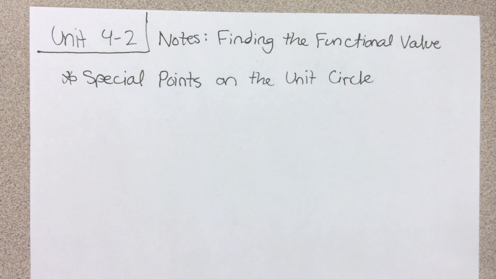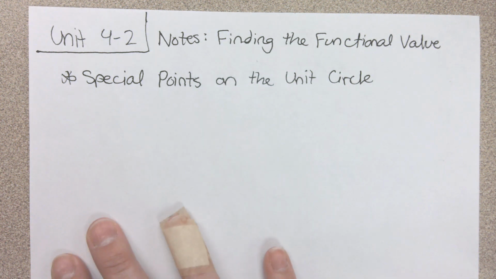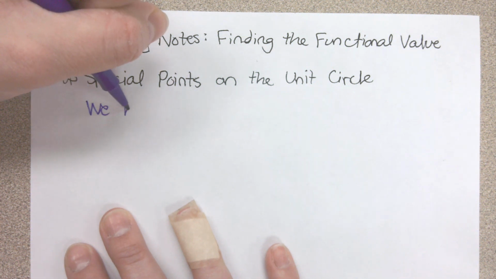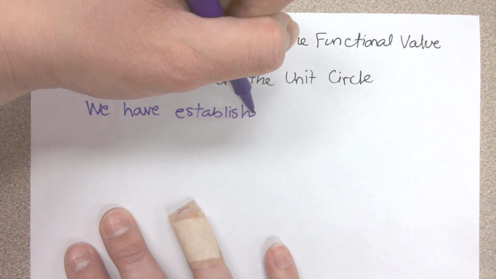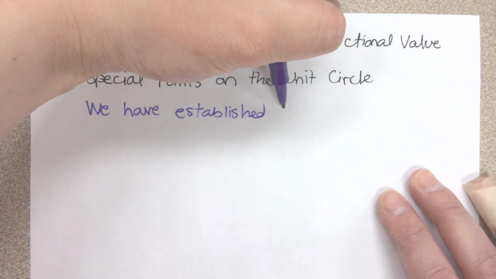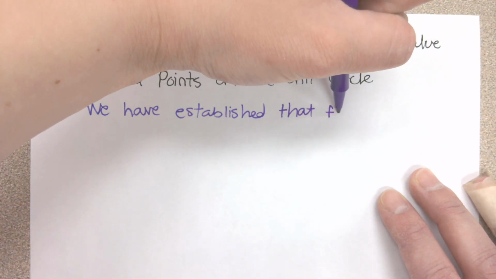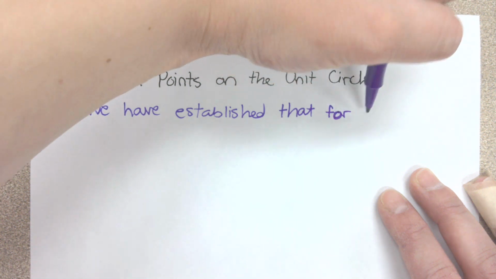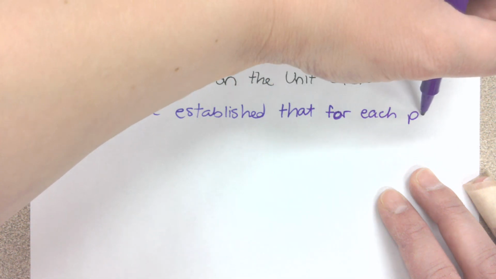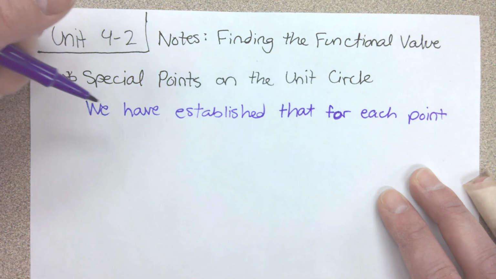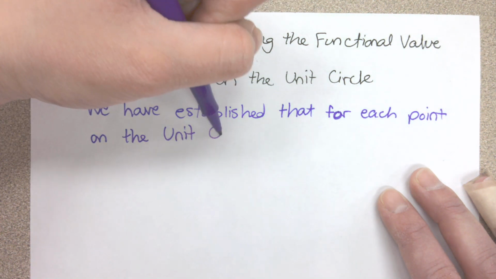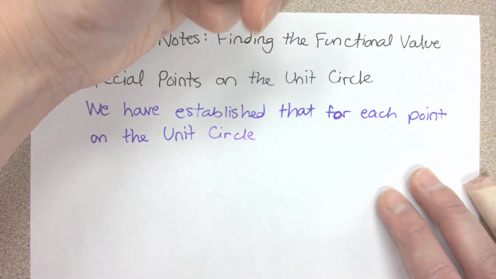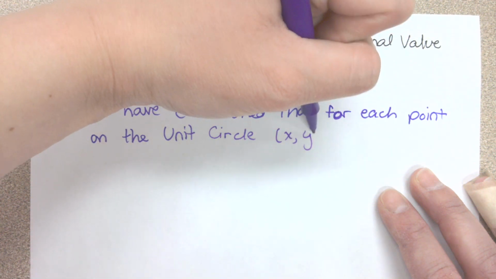Before we do some examples, I just need to refresh your memory on the very important conclusions we made yesterday. We have established that for each point on the unit circle, x comma y,